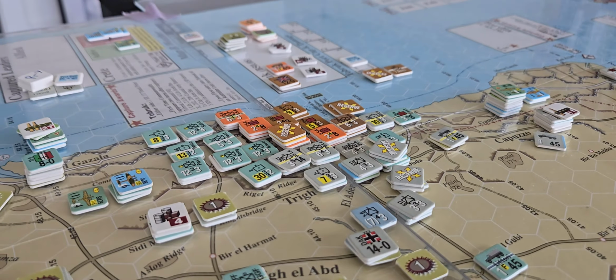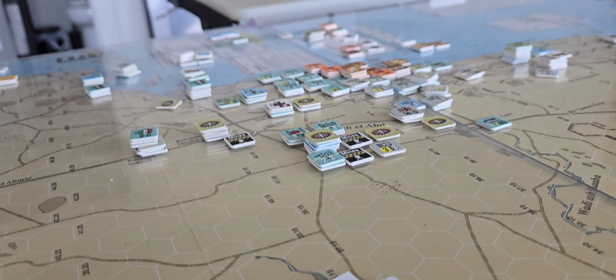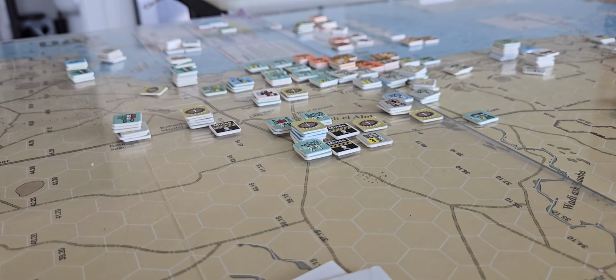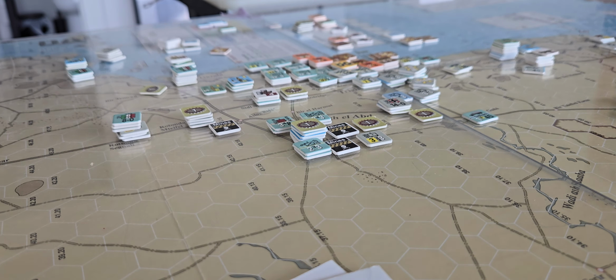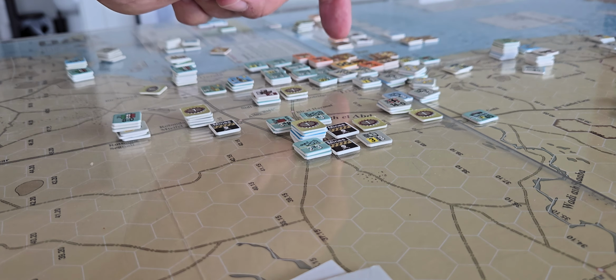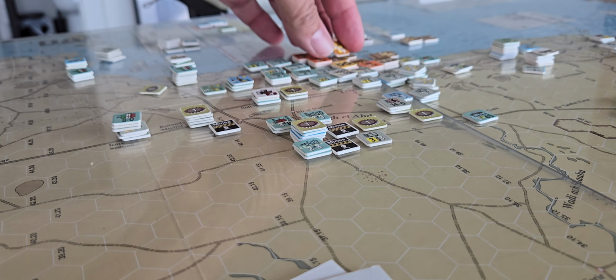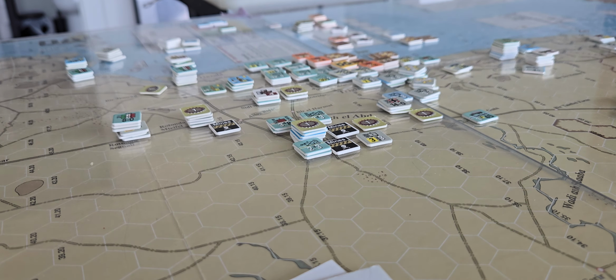And meanwhile, Tobruk, it's still holding, but mainly due to bad die rolling. In fact, I just need to move this counter. I'll just pull it out here. I was going to move a unit in there from reserve. These guys are supposed to be on reserve. Nevertheless, there's bad die rolling on the Allied part, lost a lot of aircraft, artillery has not been effective,